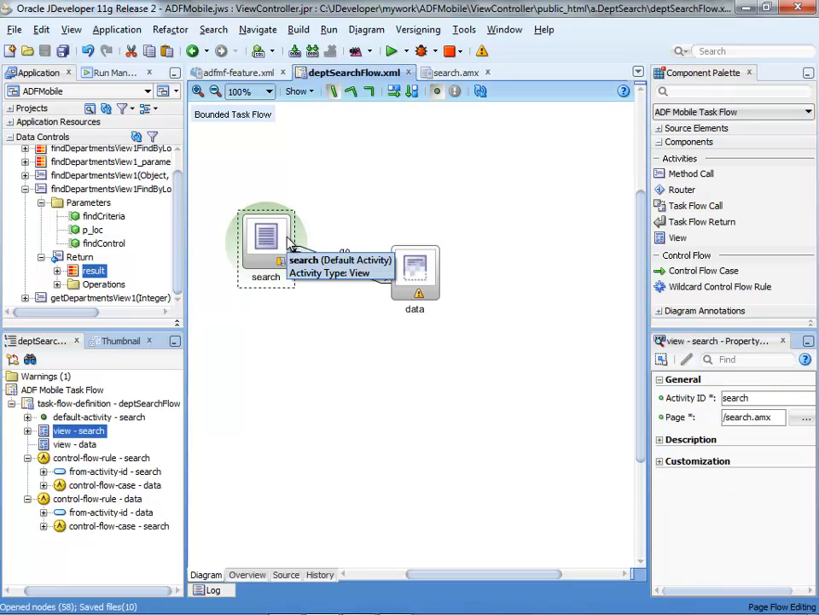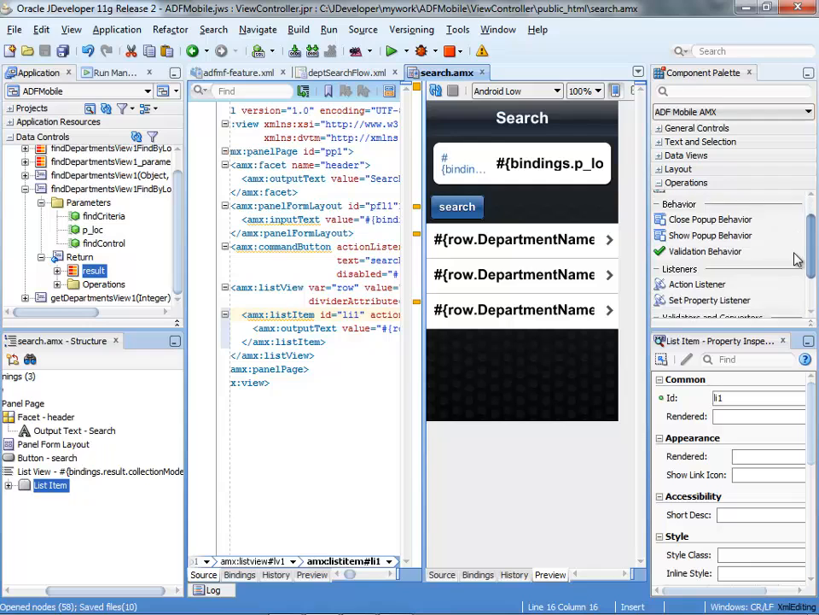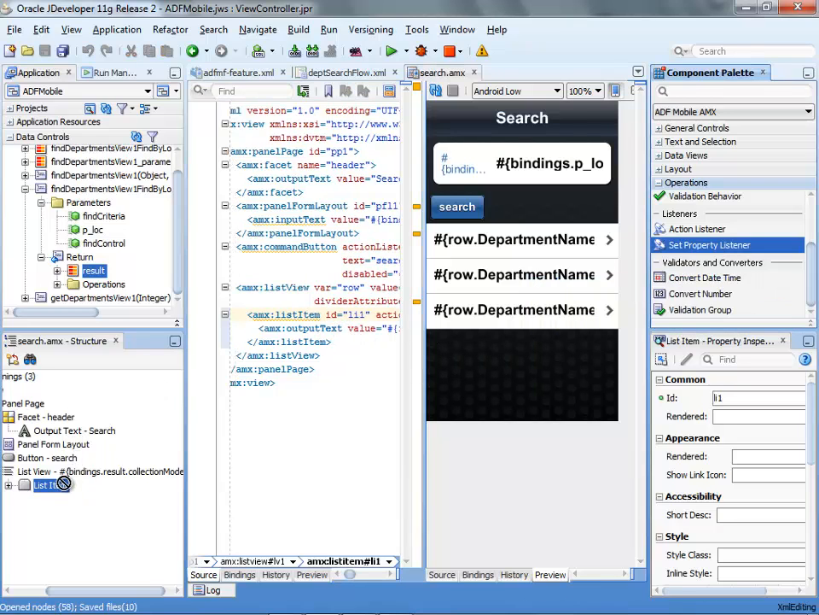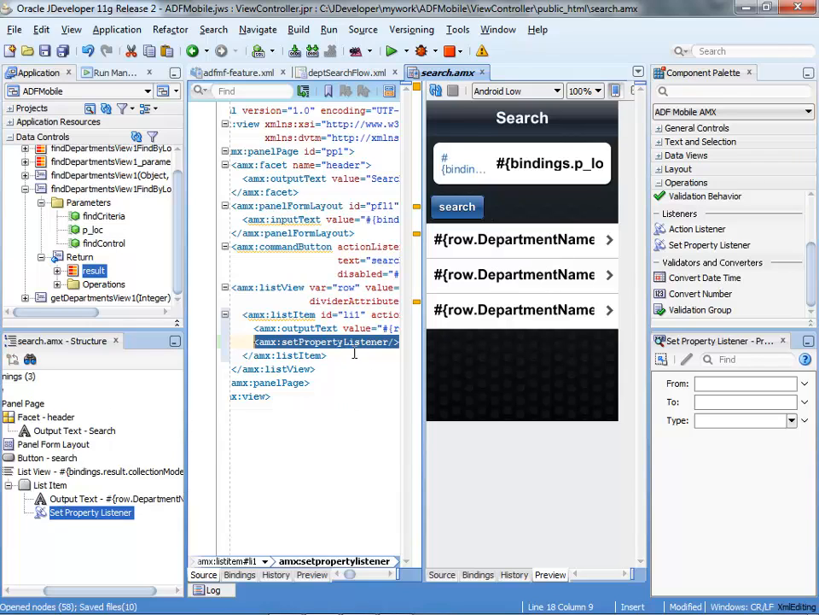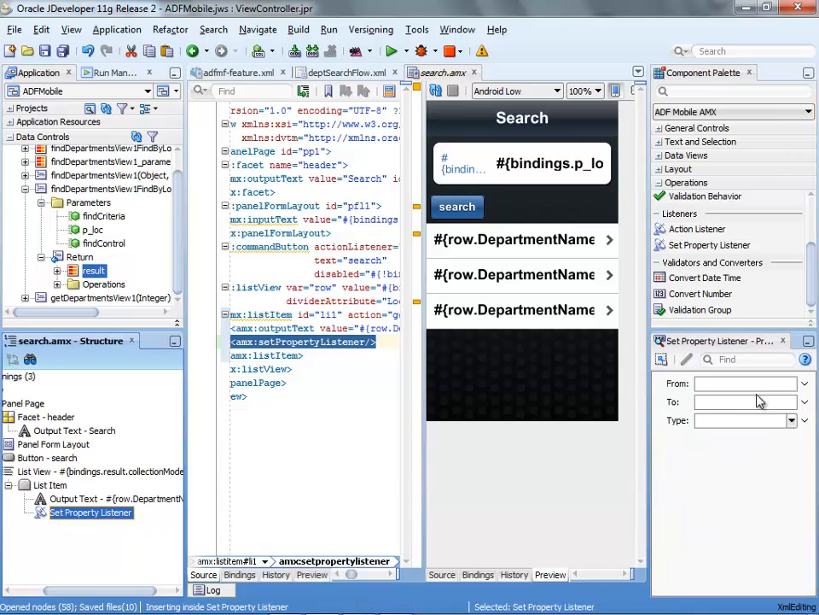One more thing that we need to do on our search page is, once we actually click a department, we want to pass a parameter over to the next page. Alright, so to do that, just like you did in ADF Faces, you can use a set property listener, drag and drop it onto your list item, and then you can specify what parameter to pass. So we're actually going to take not the department name, but rather copy this one, and in the set property listener we're going to copy the department ID,